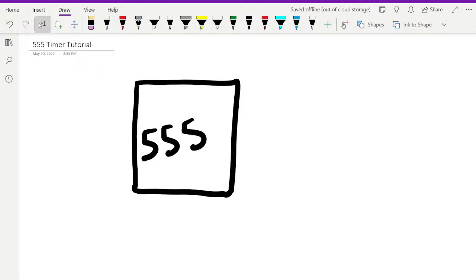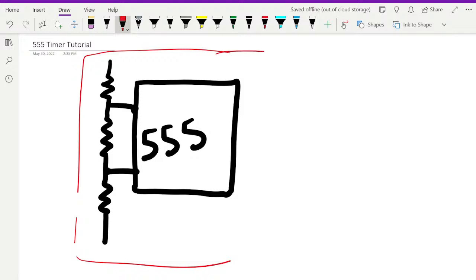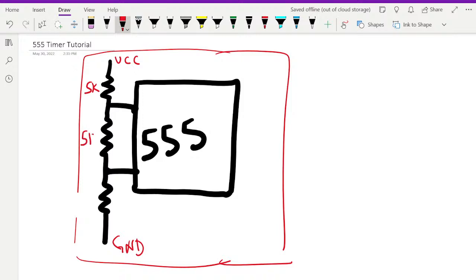Some people have claimed that it got its name from the internal configuration, because internally there are three 5 kilo ohm resistors inside providing voltage division. So let's assume this is inside the 555 timer, providing voltage division. If you have VCC here and ground here, then if they're equal values, in this case they actually used 5 kilo ohm resistors. I don't really know if that's the real reason it was called the 555 timer, but from ground to this point